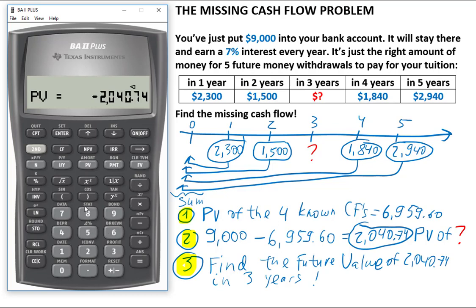We want to set our number of years to be equal to 3, so I press 3 N. The interest rate that the money earns every year in the bank account is 7%, which was given, so I press 7 I/Y and compute future value, and I get basically